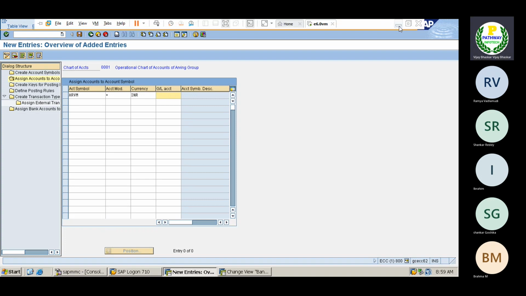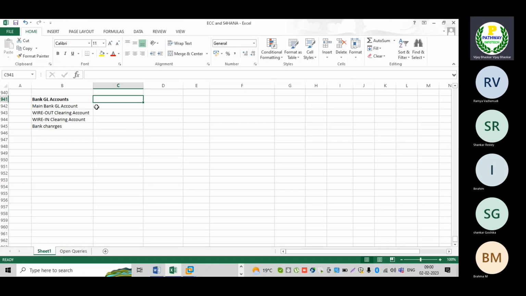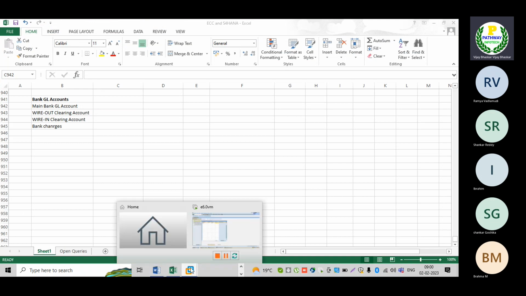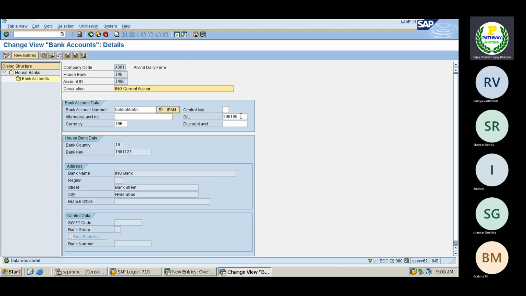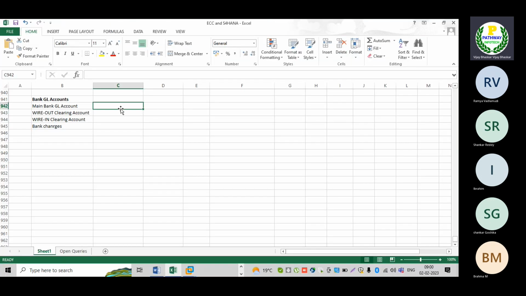Now let me go back to the Excel sheet. Now for main bank account, what is the GL account which I have created? Let me come back here. So this is the GL account. Usually in real time, how will the logic be designed? The logic will be designed for the main bank account. This is the GL account, right? What they will design